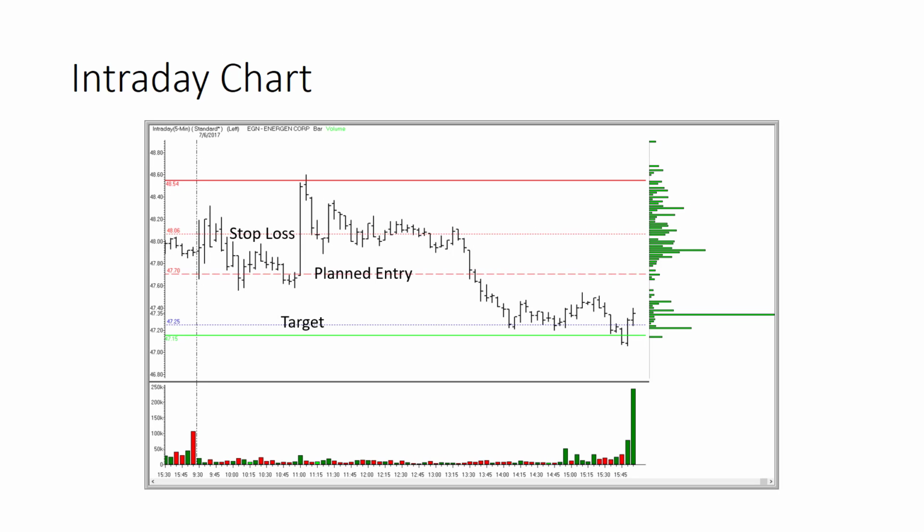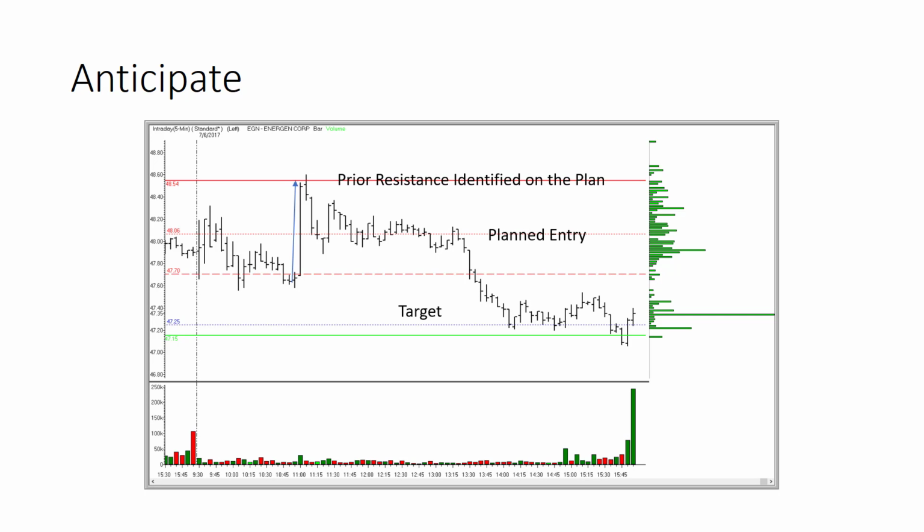You just have to anticipate that something's going to happen. So you've got your levels the way that you think things are going to go, but if they don't go that way, then you look and you say, I've got prior resistance. I identified it on my trading plan. I'm going to have a very, very tight stop above that pivot line. If it doesn't reverse right away and come moving back down again, then I'm just going to figure that it's not going to make this move. But once it does, it actually gets me down through that planned entry line again, and this time things wind up playing out over the course of the session the way that we thought they would.